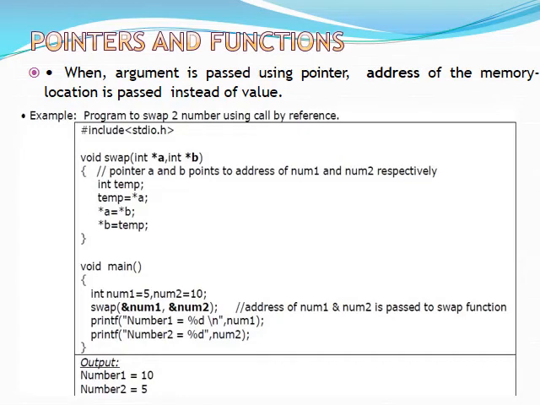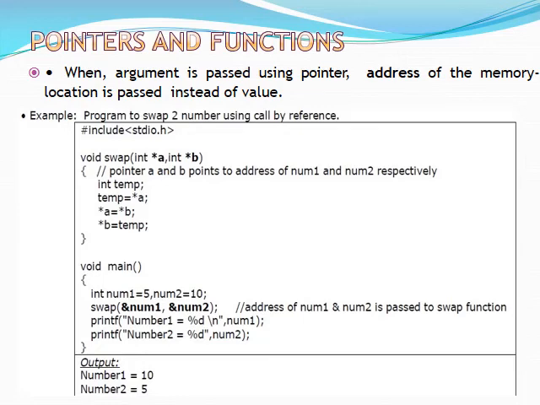In this slide we have seen how to pass a pointer as an argument. In functions we have seen how we can pass arguments. We have seen the concept of pass by value. So if I want to pass an argument to a function, I can pass it by just giving a variable name. Here in pointers, if you want to pass a pointer variable as an argument, we have to pass the address of that variable rather than the value. That is the only difference. So in this example, we have used a reference by using ampersand.